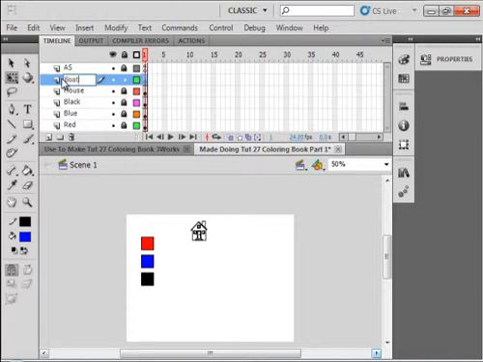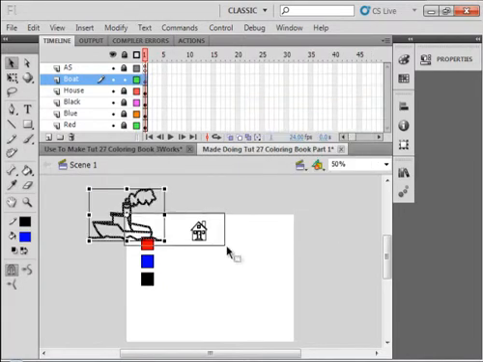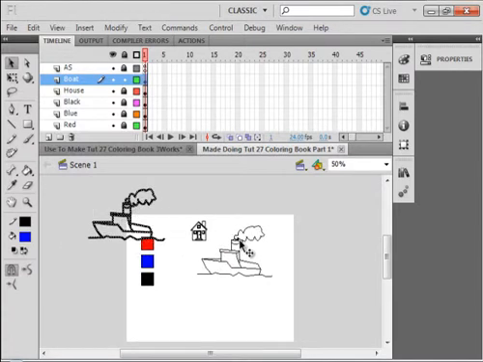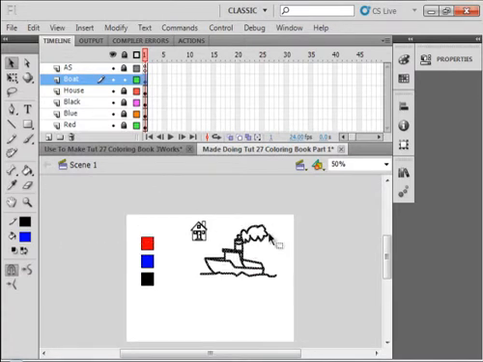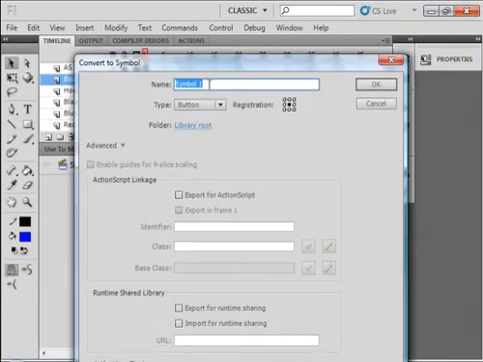Now I'm calling it boat because that's the image I'm going to be using. I'm selecting frame 1 of that boat layer and I'm drawing a boat. There it is. Putting it over here. While it's selected, up to modify, convert it to a symbol. Again, button should still be selected. Boat,